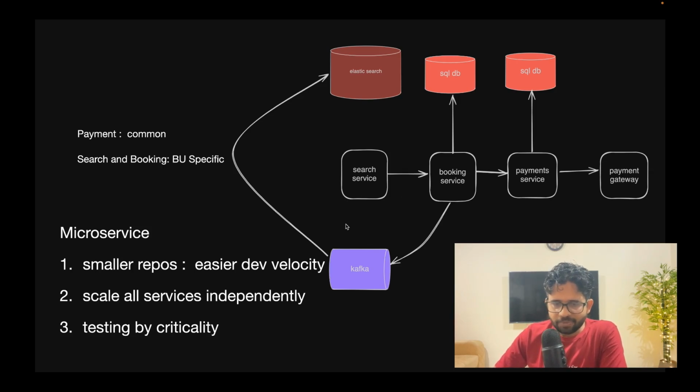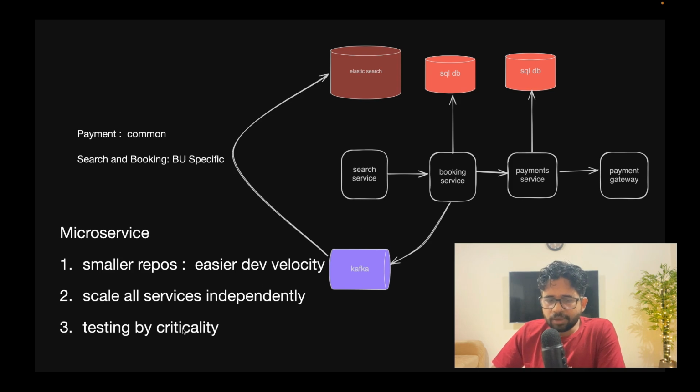So the dev velocity was better compared to the monorepos or monolith repos, where many times I have had to spend 2 or 3 days just to clone the repo, run it and understand it. Here it was just a 10-minute thing. The other advantage is, of course, that you could scale the services independently. Imagine that the number of people trying to search would be way more than the number of people trying to make a payment. The payment requires a different type of approach compared to search. Search requires a lot of scale. Say 100 people are trying to search and only 10 people make the actual booking. So different amounts of scale are required.